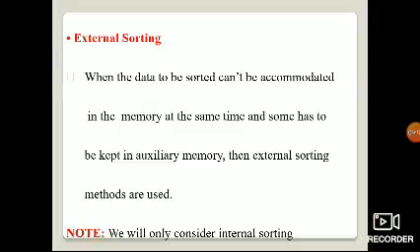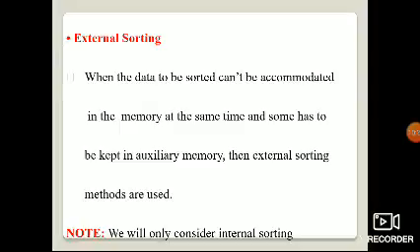Internal sorting means the data can be sorted at one time in the main memory. External sorting means the data cannot be accommodated in the main memory at the same time, so some has to be kept in another memory, that is the auxiliary memory.